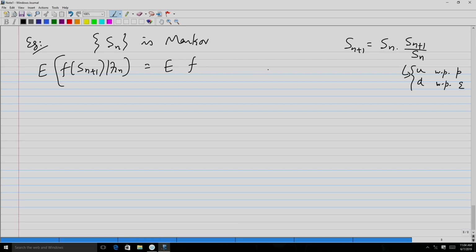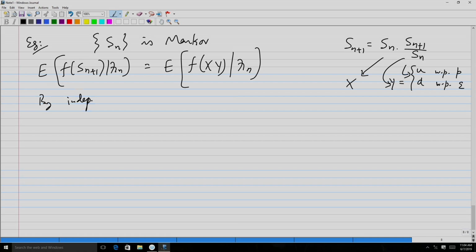So, now you can see that if I pick this quantity as my x and this quantity as y, which is equal to this, right. Now, you can see that this one is essentially f(x, y) given F_n. So, of course, this is a function of x, y, some function h(x, y) you can write, which is actually given as f(x, y), right. Now, by independence